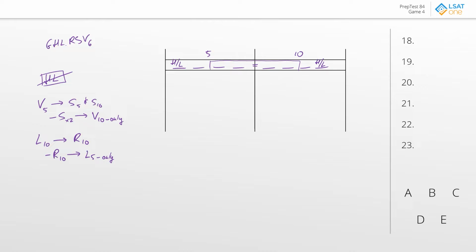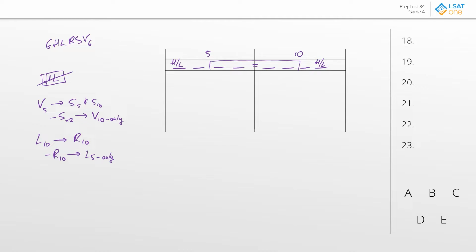It might be worth brainstorming who could double up, but it actually looks like we have a bit of flexibility. We definitely know that H and L can't double up because of that first rule that H and L cannot be together, but otherwise it looks pretty open. Like over here, for example, when we say that if V is in 5, then S will double up. But in that scenario, V also could have been doubling up as well,